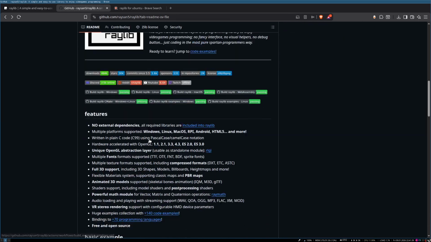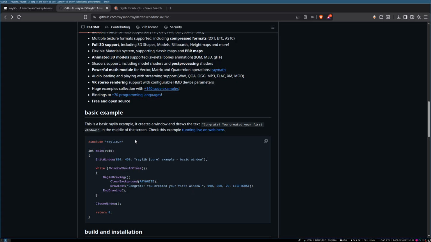Okay, go here. Basic example is we are importing or including this header that comes with the library. Okay, so if this is available,